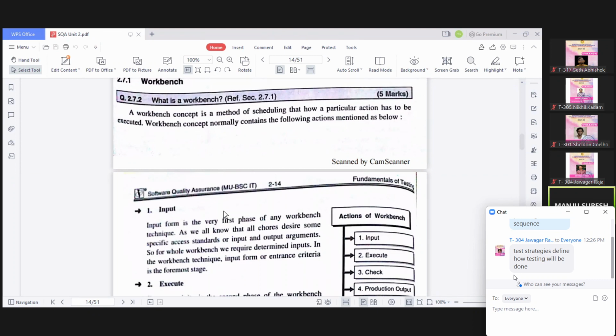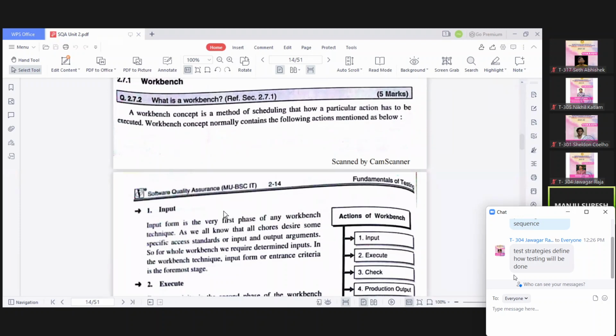What they have given here is that the workbench concept is a method of scheduling how a particular action has to be executed. Yes, same. How a specific activity has to be performed. जैसे हमारा benchmark कैसे रहता है वैसे ही workbench, you have to specifically document कि ये activity कैसा perform होना चाहिए.